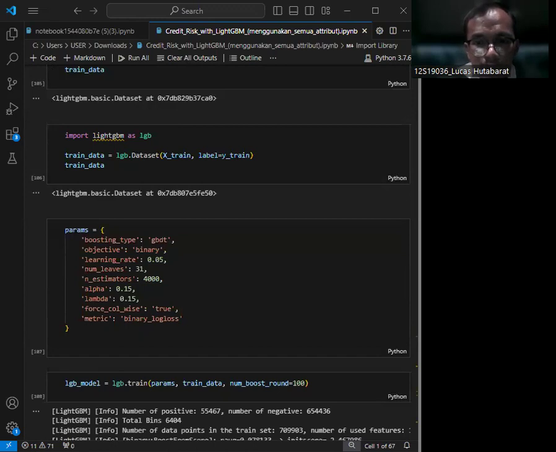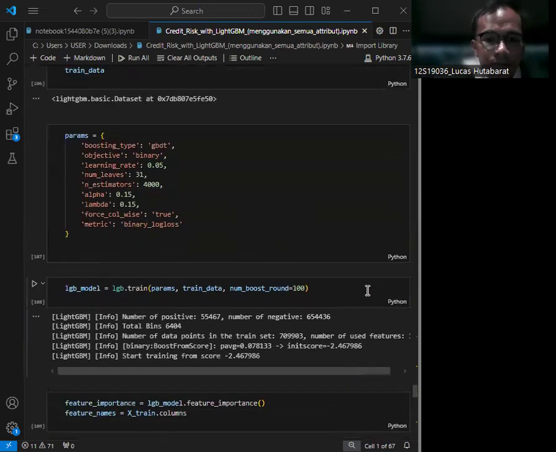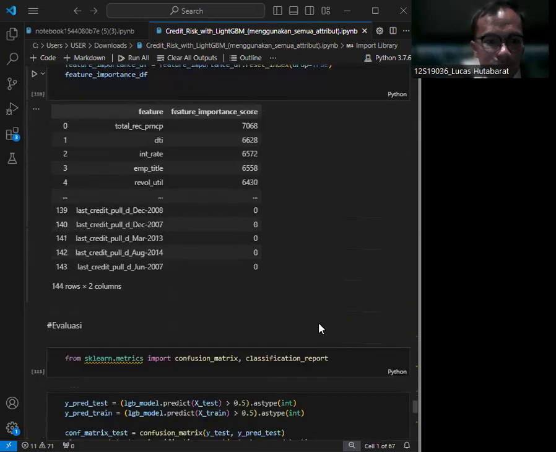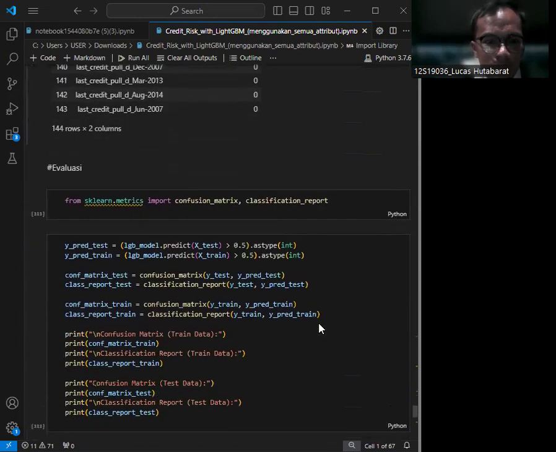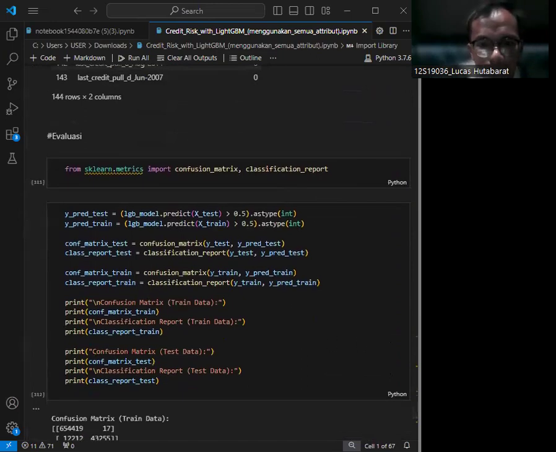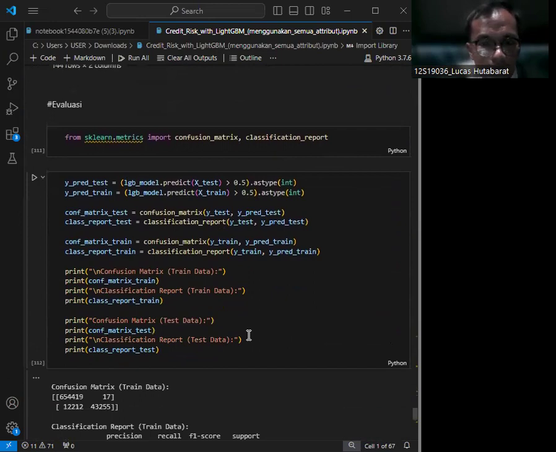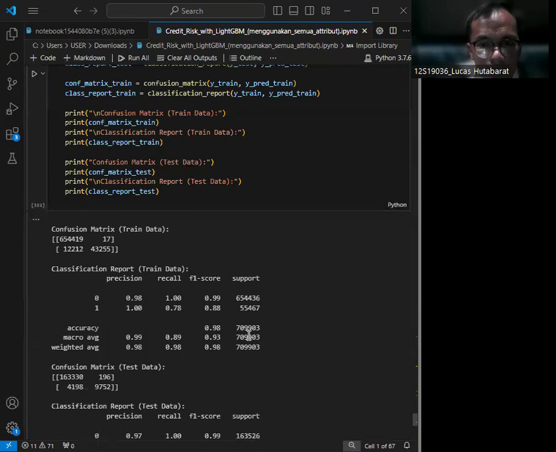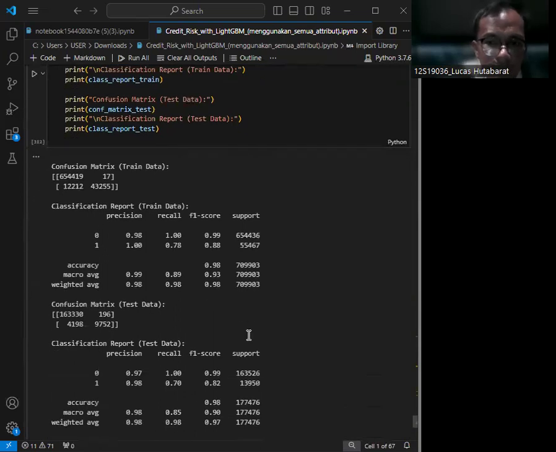This model is known for its efficiency and high performance in classification tasks. And then we evaluate model performance using a confusion matrix and classification reports. This matrix helps us understand the accuracy and effectiveness of our model.